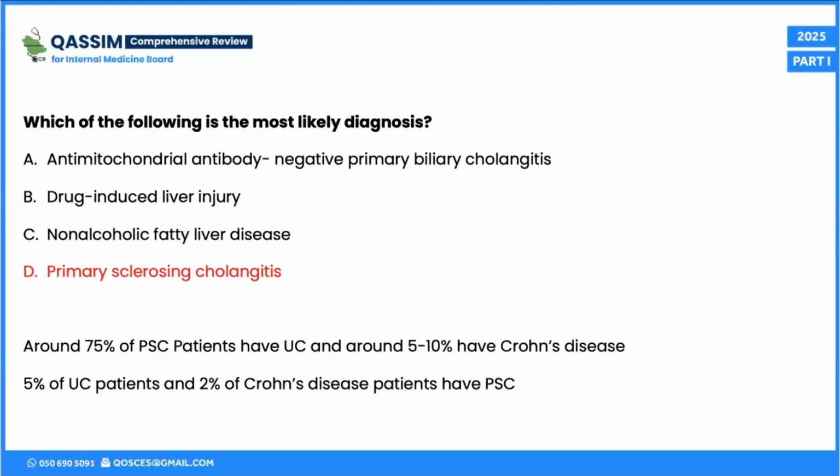5% of UC patients have PSC, and 2% of Crohn's disease patients have PSC. Now, let's say a patient... you might get a question, I came across one before. The question says a young male, asymptomatic, doing an ultrasound for another reason, and it shows a beaded biliary system, strictures, going with primary sclerosing cholangitis. So what is the next step in this situation? When you diagnose primary sclerosing cholangitis, what should you do